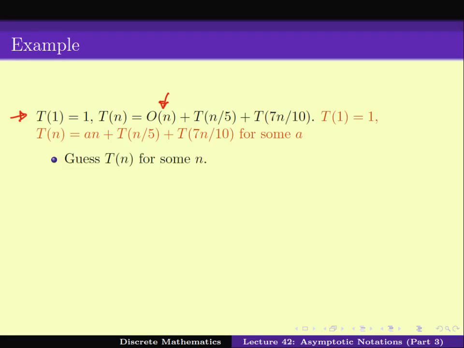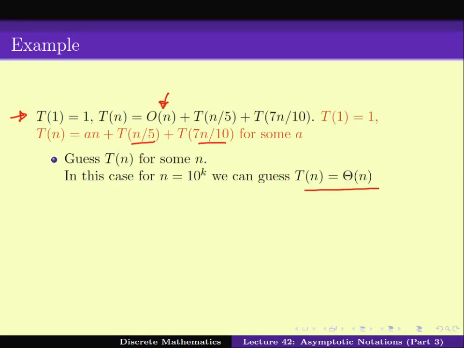And now if you have this one, you have to guess again, first thing, Tn for some n. Here again, as you can see, I can guess it by ensuring that n is divisible by 5 and n is divisible by 10. That means n is of the form 10 power k, and in that case you would be able to guess that Tn equals theta n. In fact, if you solve it, Tn equals an plus T(n/5) plus T(7n/10),